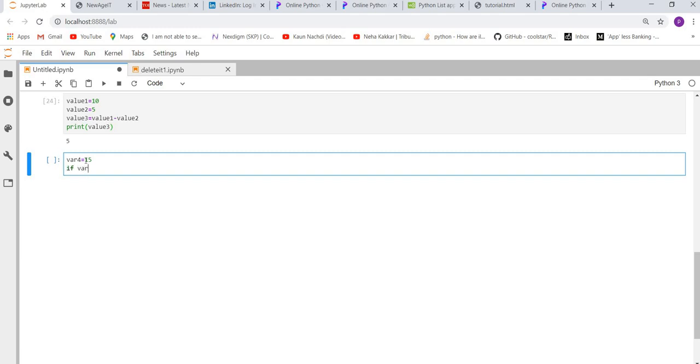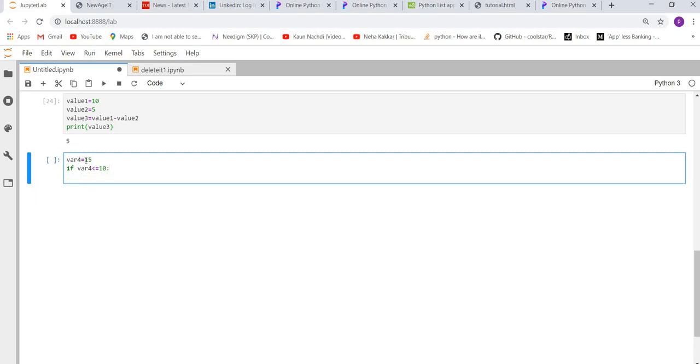If var4 less than or equal to 10, then print "variable is less than or equal to 10".